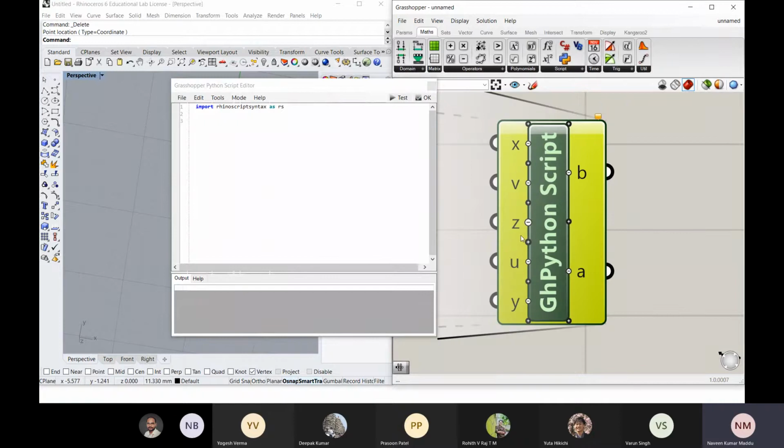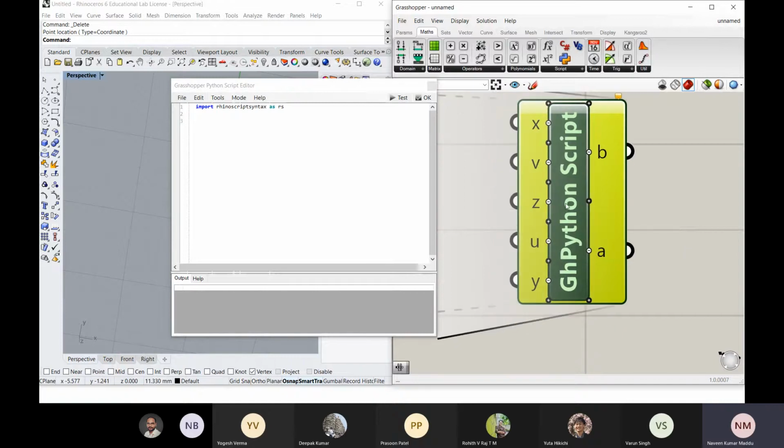So based on the number of input variables and output target variables, you can create any kind of script. That script can be used along with the components which are already available in Grasshopper. Is it okay? I'll show you an example on the scripting also.